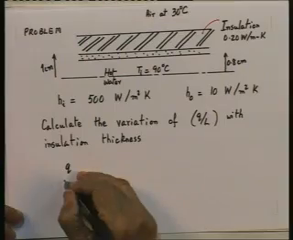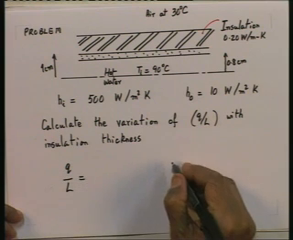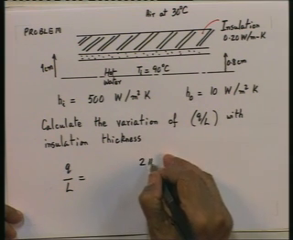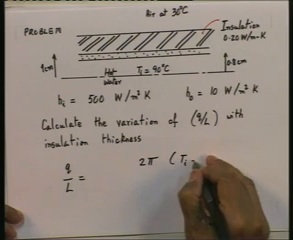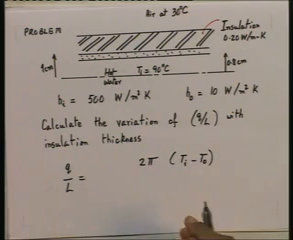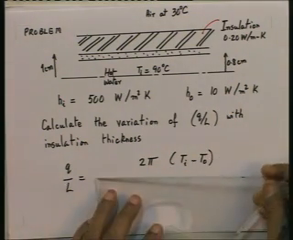Now, a typical situation: a metal pipe with insulation round it, hot water flowing inside. How does the Q by L vary with the insulation thickness? For this case, if I substitute in the expression, what is my expression? Q by L is equal to 2 pi (Ti minus To), divided by